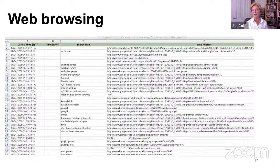So we pull in web browsing. Here's an example. Again, it's quite an old example, but it's a good example because you can clearly see that what the forensic software does is it chunks through all the data and it puts it in a nice format like this. So you can actually see in that column with search term, the search terms that were entered by the user at the computer